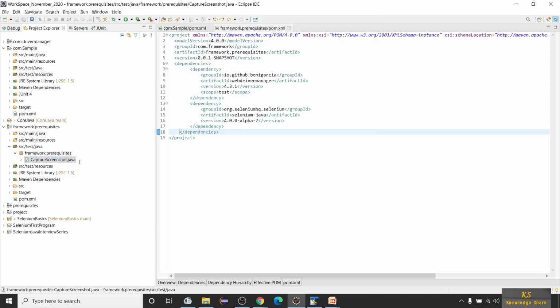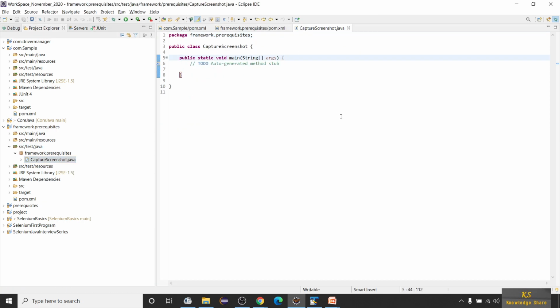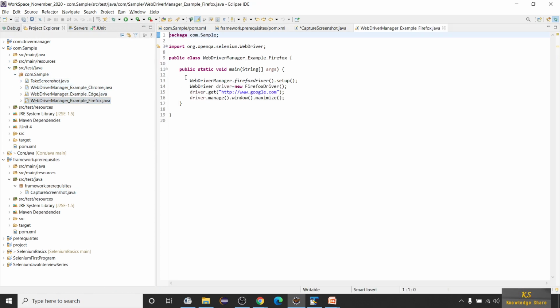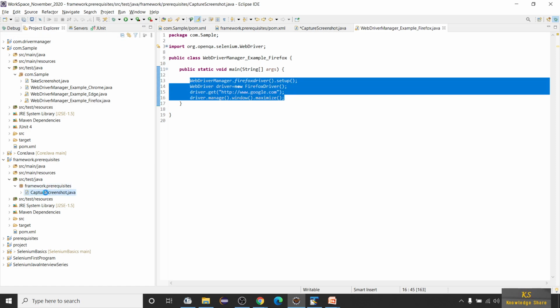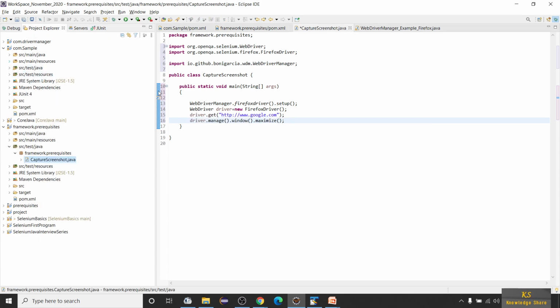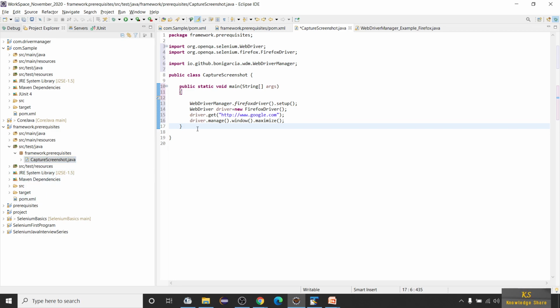We haven't jumped to JUnit frameworks, which we will be discussing, so till then we will be using public static void main only. Now here we already have a program, right? We already saw a few programs and capturing screenshots, so let us take this sample code to save time. We have already discussed this earlier. We are not downloading any driver.exe. We have code which will use WebDriverManager in Maven to open the Google page. Till here you are fine, I think, right?